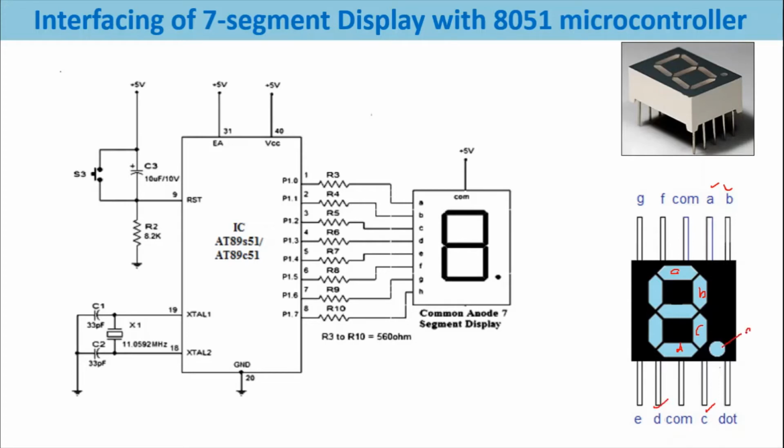This indicates the decimal point. So that pin is shown here by using the dot. Then E pin is shown here and its terminal is here. It is followed by F segment and G segment whose pins are shown here. So you have to remember while connecting actual hardware to 8051 how pins are named.